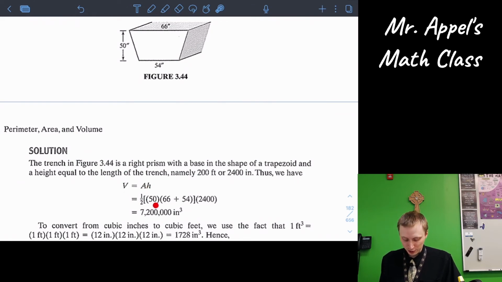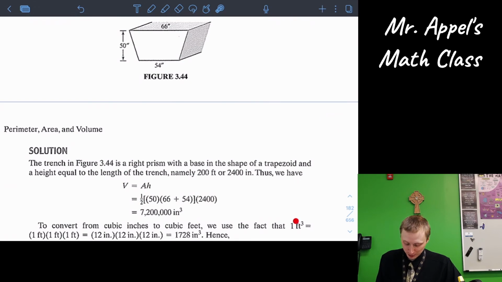The base is a trapezoid, so we're going to use 1/2 height times sum of the bases. So in this case, height of the trapezoid is 50. 66 and 54 are the two bases. Please do not confuse height of the trapezoid with height of the prism. Two different heights there. Okay? And then all that gives us area of the base trapezoid times the height of the whole prism for a grand total of